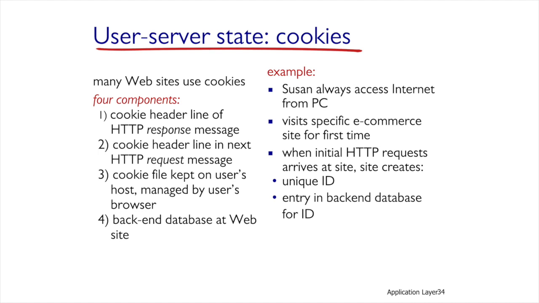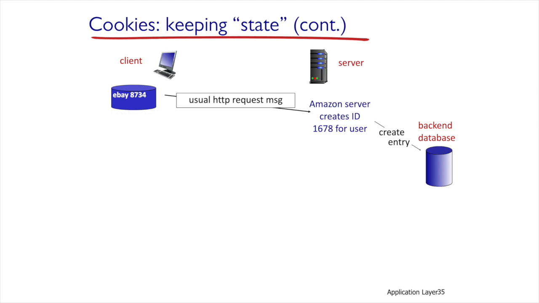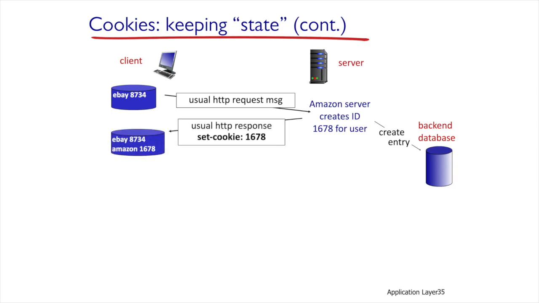One of the uses of cookies as part of improving client experience is saving client state on the server. Let's look at the following scenario, which describes the process of creating a cookie. The customer wants to connect to the Amazon server for the first time, and therefore sends a request to the server. The Amazon server allots a unique ID to the client, stores the ID in the database it runs on this server or another, and sends the ID back to the client in the response message.